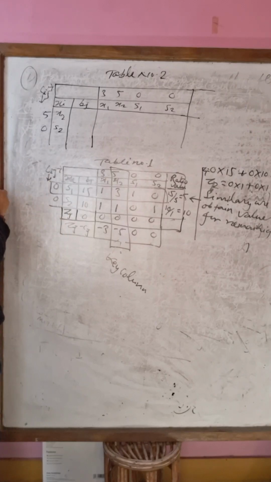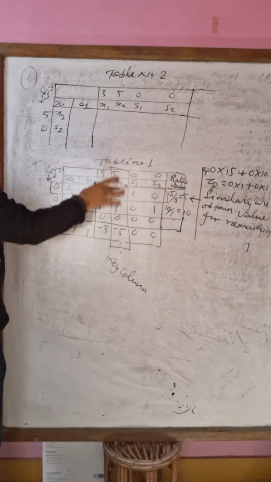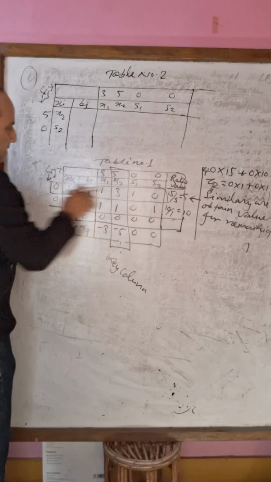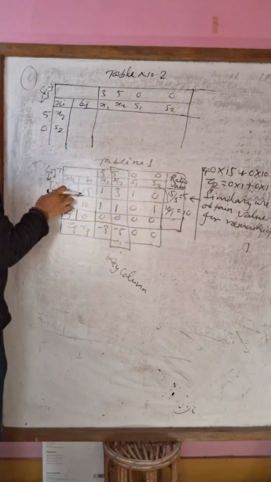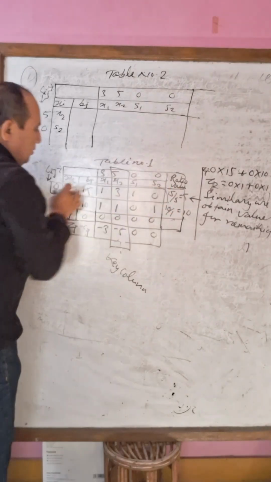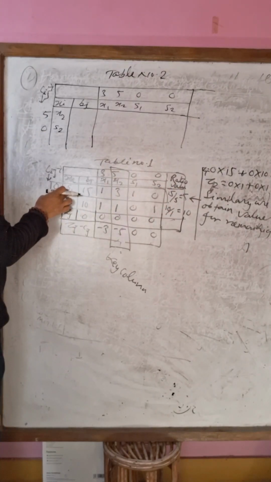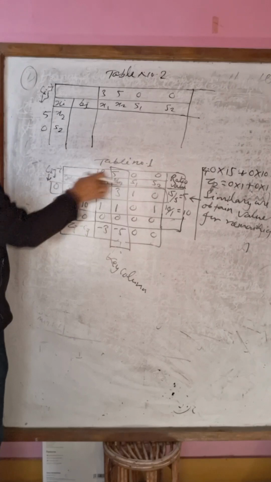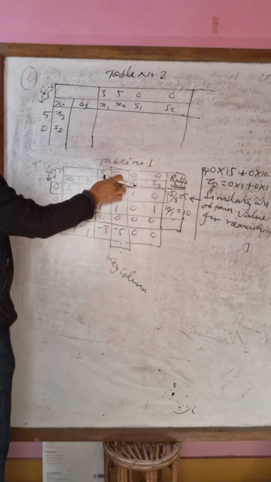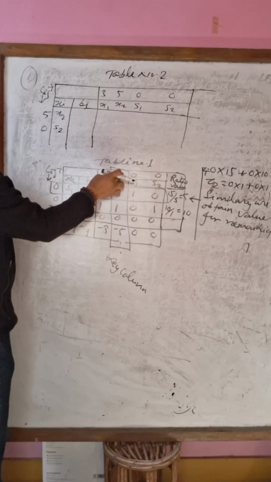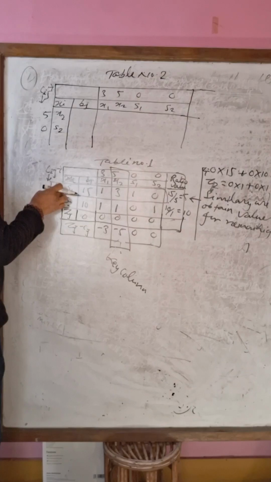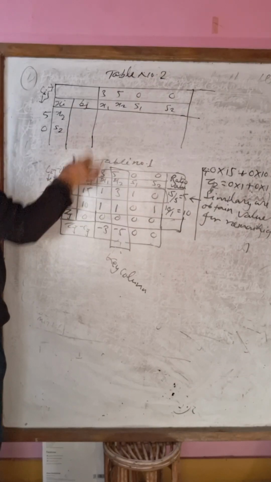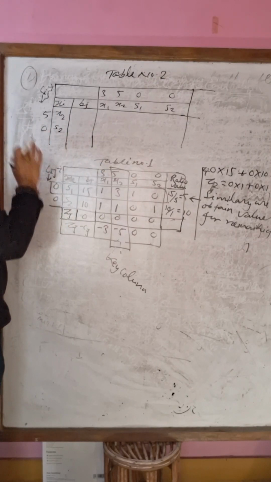Okay? This one. Understood or not? Okay, this is the key column, this is the key row, and this key row indicates that we should replace s1, and the key column indicates that we should replace s1 by x2. The coefficients of x2 are brought in, and the coefficients of s1 are taken out.